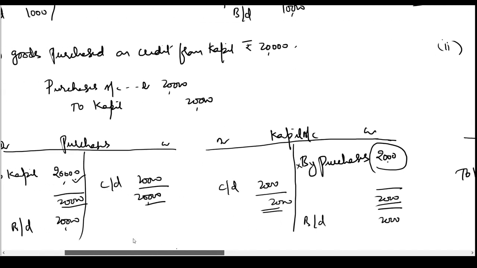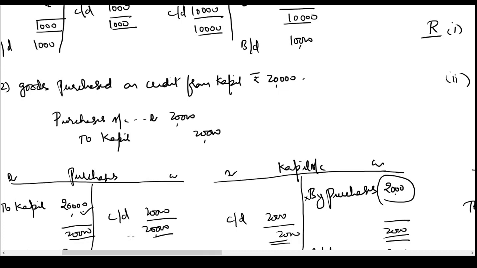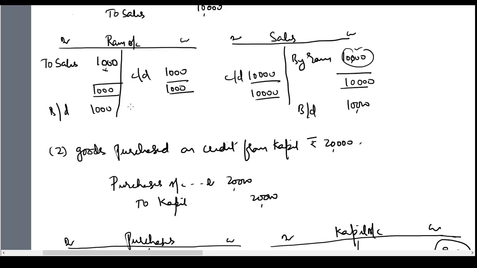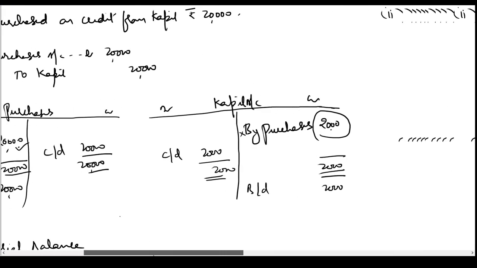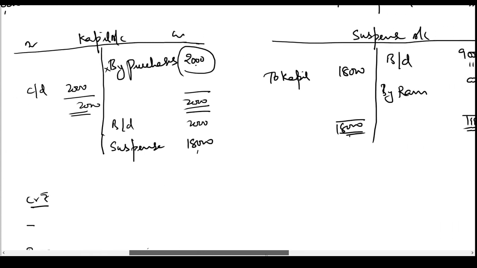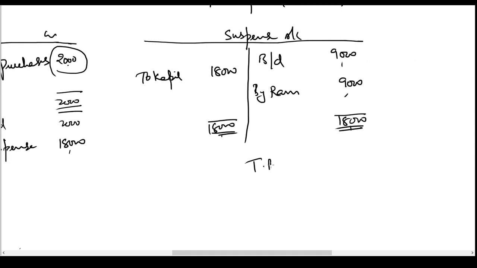Now, because of these entries, what will happen? We'll go to Ram account. On the debit side, we'll write to suspense 9,000. And similarly in Kapil account, we'll write suspense 18,000. Now if you prepare the trial balance after rectification of errors,